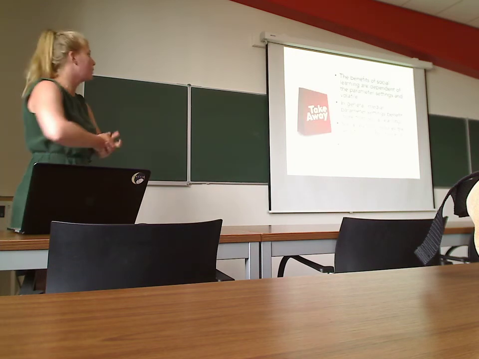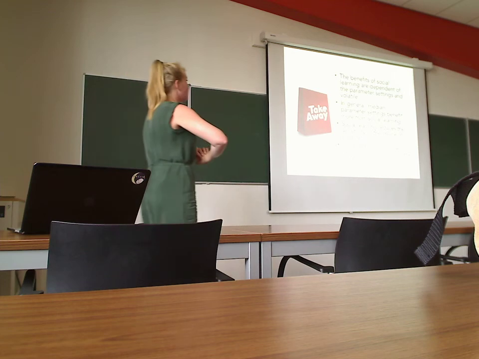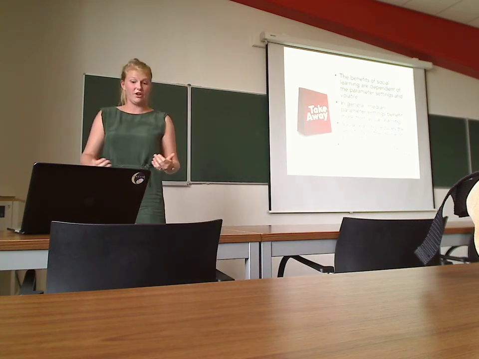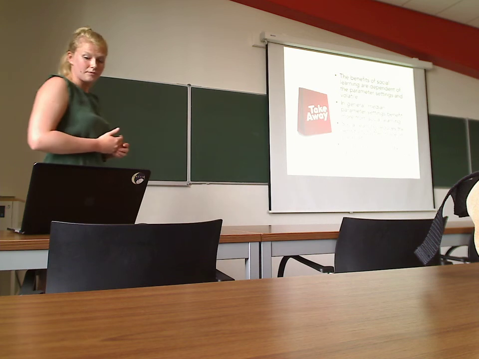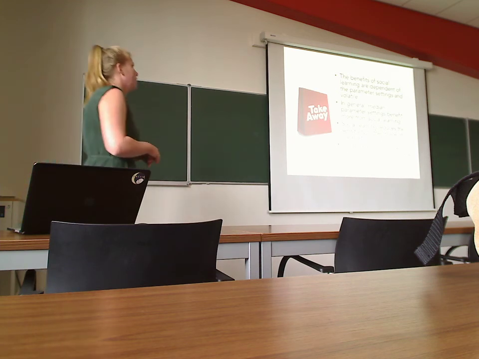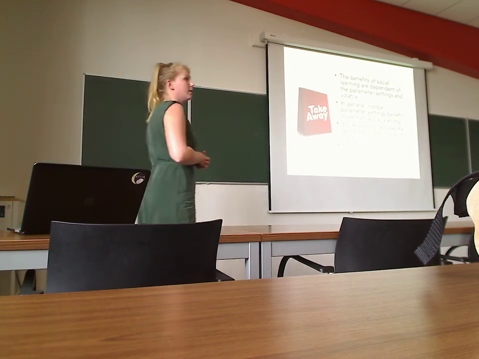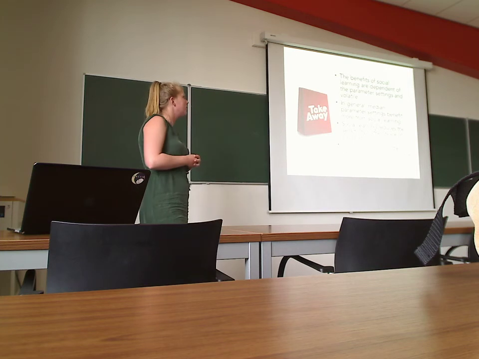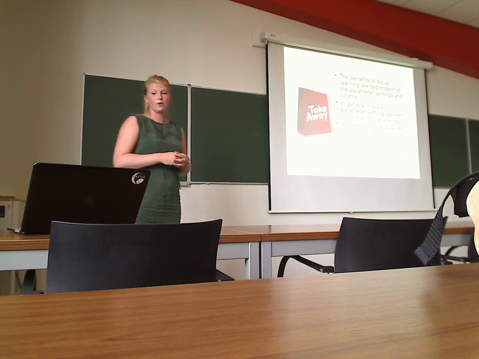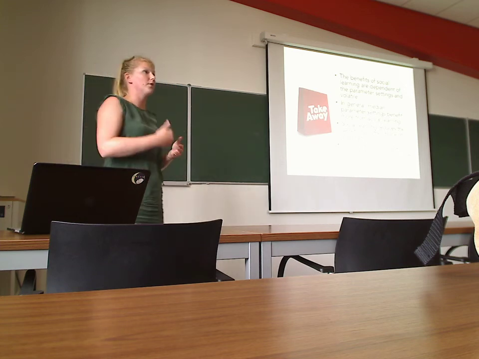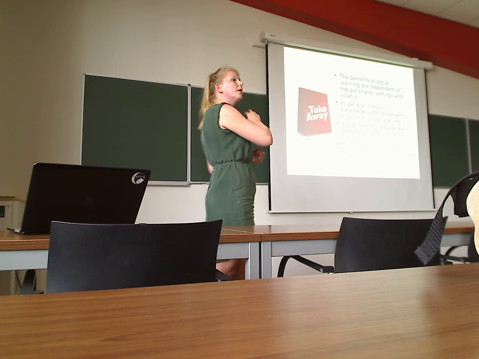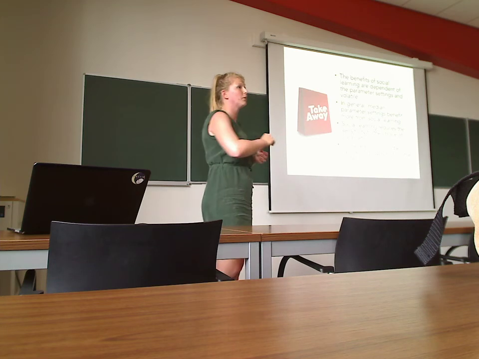So to conclude, some important takeaways. So the benefits of social learning are really, really dependent on the parameter settings. That is what we've seen. In general, the median parameter settings benefit more from social learning. But we also saw that social learning reduces the sensitivity to the choice of parameters. Because if you have median parameter settings and you apply social learning on top of it, you see that you couldn't distinguish the median parameter settings from the best anymore.